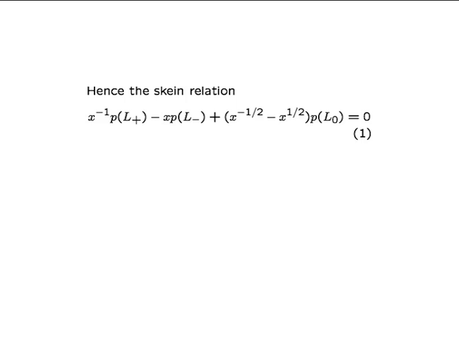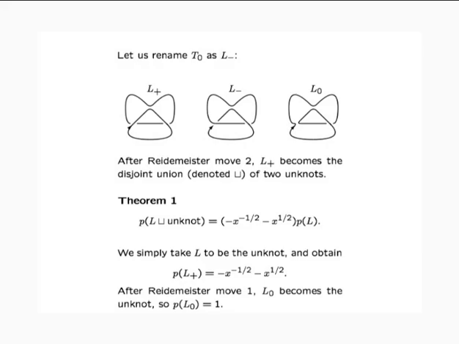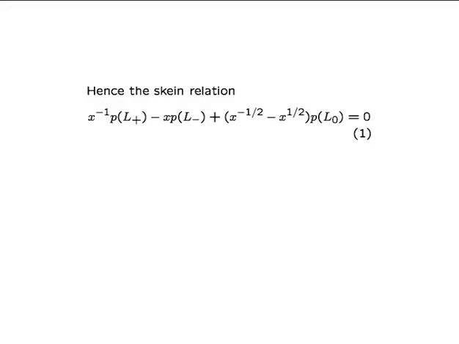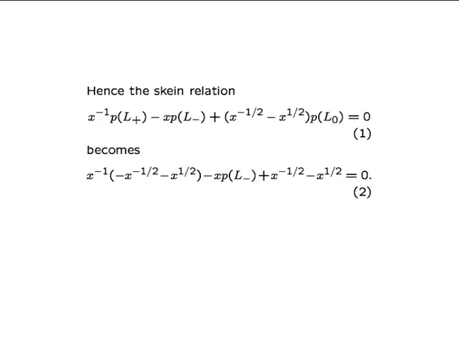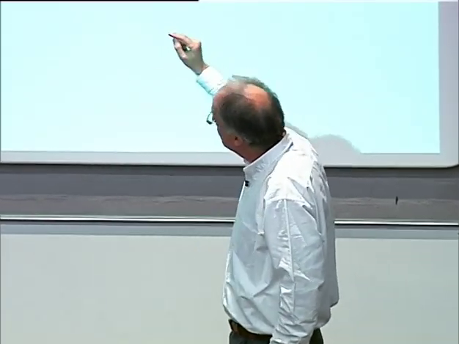I know what L plus is, the polynomial of L plus, because we just worked that out. That was this. I know what L naught is. It's the unknot, and so its Jones polynomial is the number 1, so I haven't even bothered to write it there. So in equation 2 here, the only thing I've got that I don't know now is the Jones polynomial of L minus. So I do some algebra,